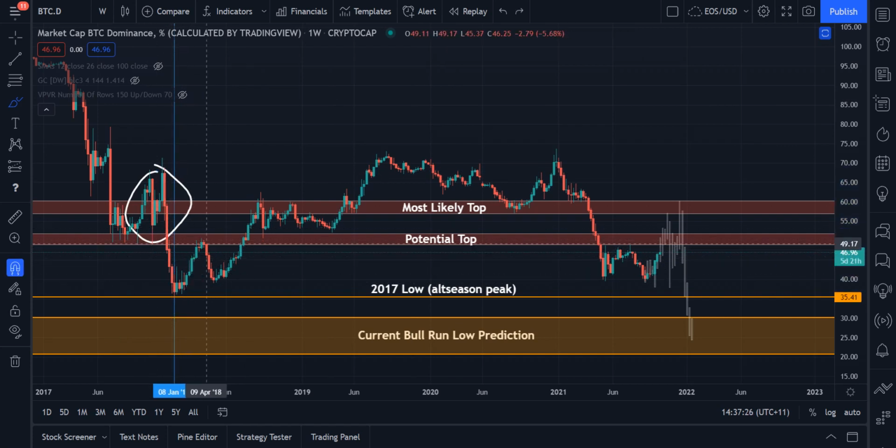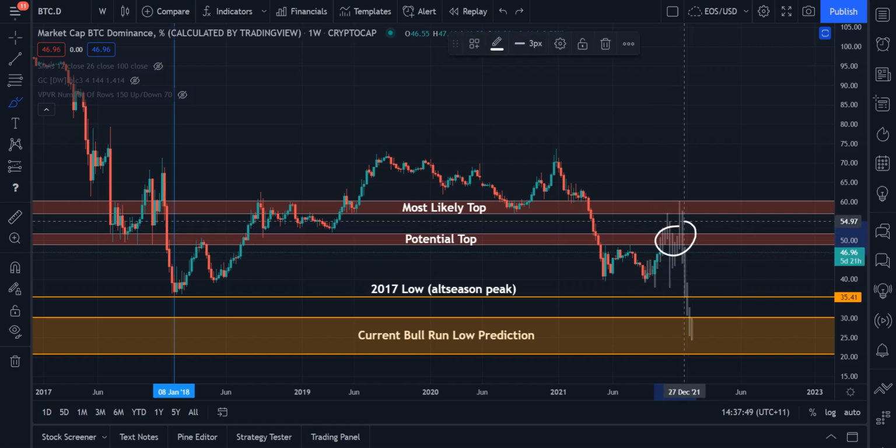So we pumped up in Q4. As we are seeing right now, we're doing the exact same thing. We're about to pump up in Q4, and the reason for the pump in Q4 is the fact that Bitcoin takes control of the market. People are FOMOing into Bitcoin on a mass scale, and they're leaving altcoins behind, and hence the Bitcoin dominance chart has to go up. So we would expect it to go up to a certain extent until Bitcoin tops out in December. Whether we top out in this red square here between 52% and 49%, or up here in this higher red square between 57% and 60%, is a question we need to answer closer to that date.